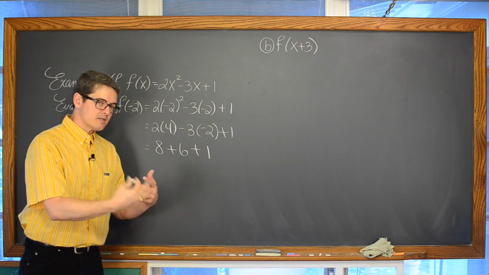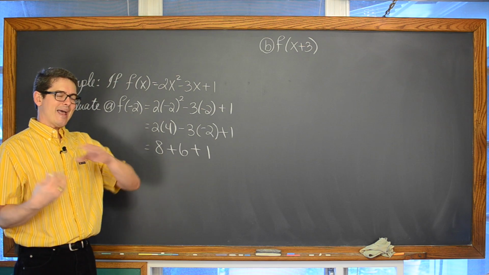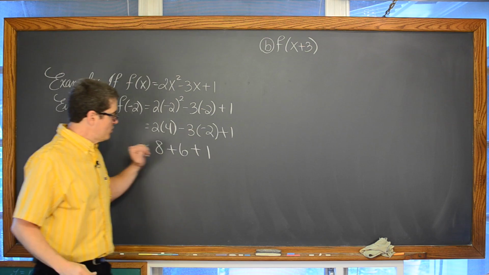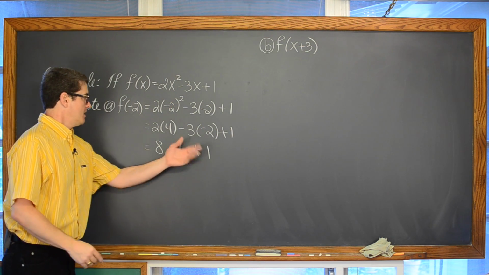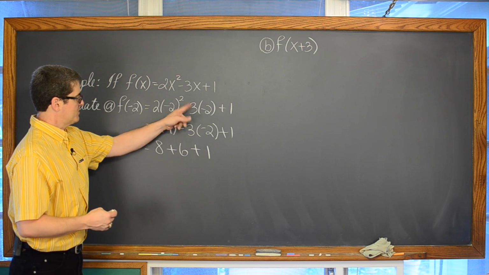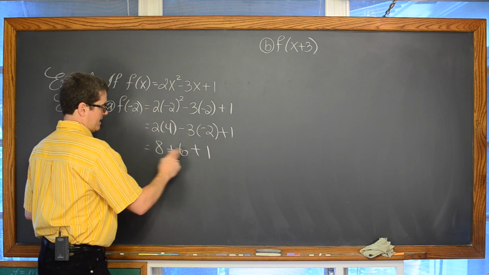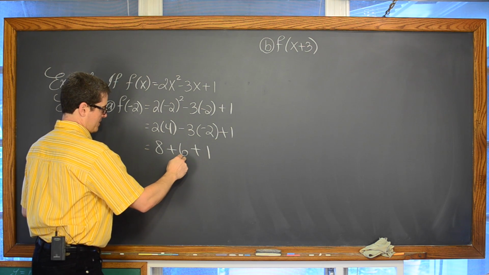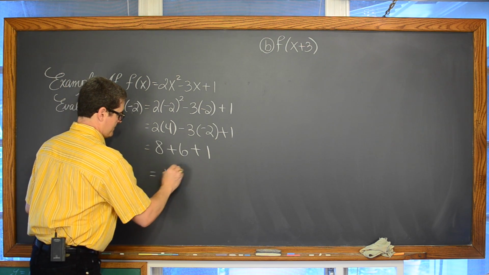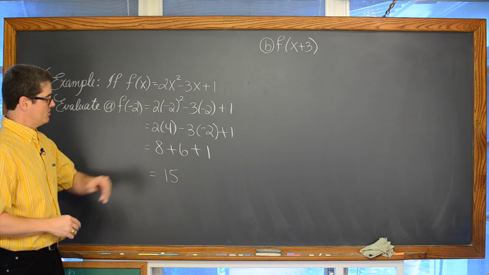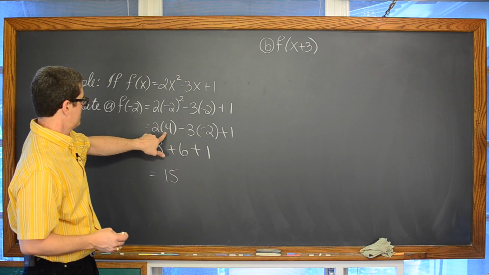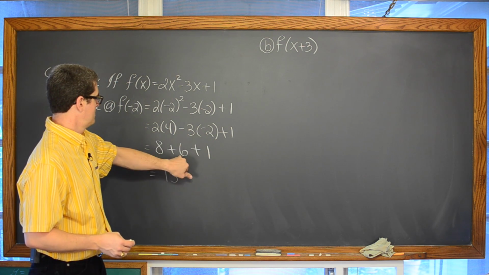And then Aunt Sally, just your order of operations, add and subtract. You don't add before you subtract. Add and subtract are sort of on an equal playing field. You read your problem left to right and you do whatever comes first. Again, that was another issue I wanted to bring up, but because I changed the positive 2 to negative 2, I've avoided that one because this was negative and that was positive. 8 plus 6 is going to be 14, and then 14 plus 1 is 15. And my final answer is f of negative 2 is equal to positive 15. Now I changed my example, so let me just double check.